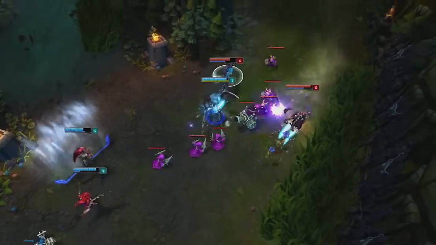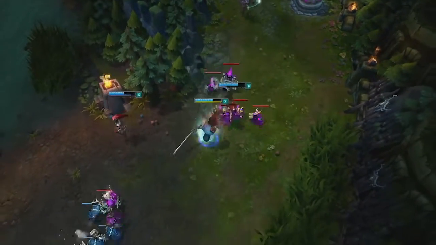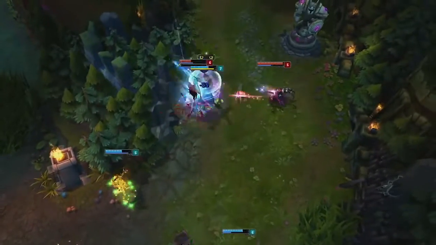The range in Yasuo's Whirlwind offers great re-engagement potential. After roaming bot for a seemingly unsuccessful gank, Yasuo readies his third Q before retreating. Seeing Jinx head back into lane, he quickly dashes through a minion to line up a long-range Whirlwind and re-engage